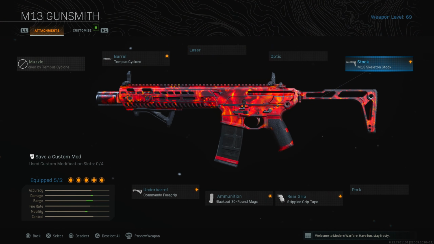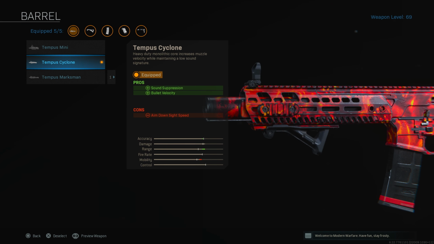So the first thing you'll notice is that the muzzle slot is blocked, and that's because we're using the Tempus Cyclone barrel. Heavy duty monolithic core, but you have this barrel, so it's an integrated monolithic suppressor. Best of both worlds really. It's going to give you some sound suppression. It's also going to give you bullet